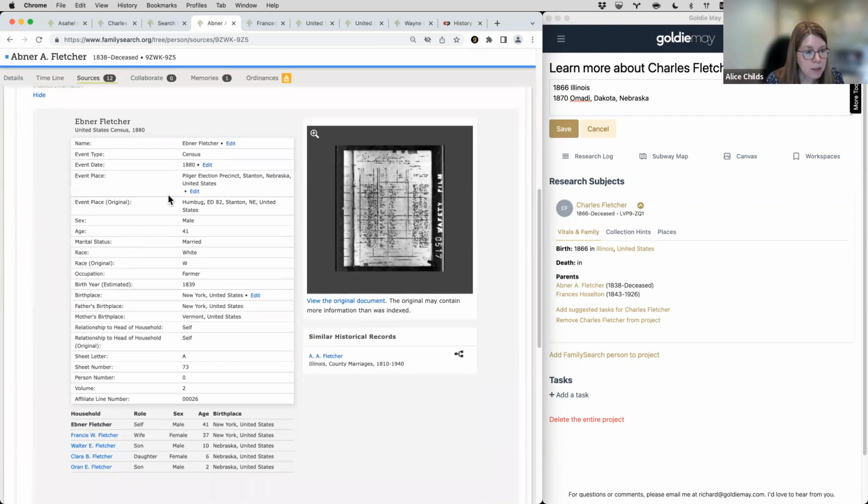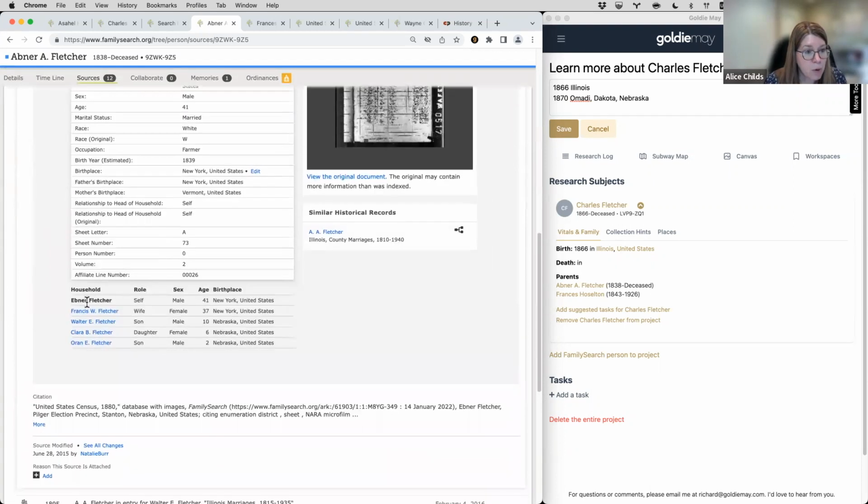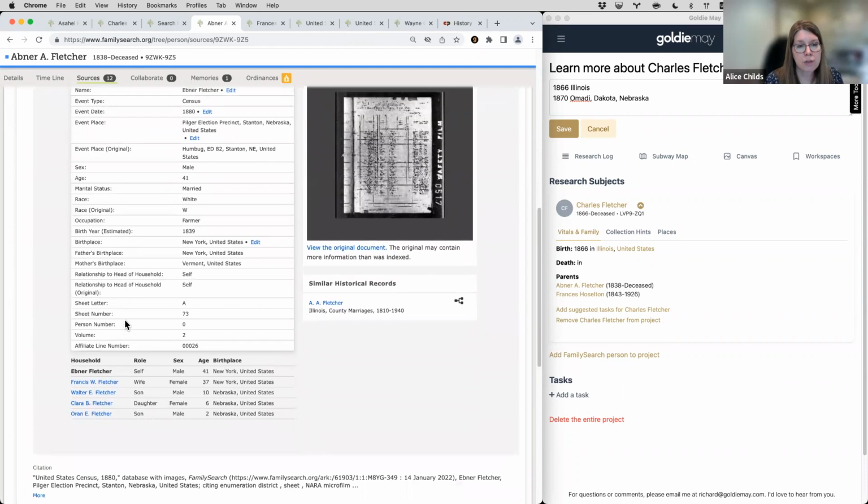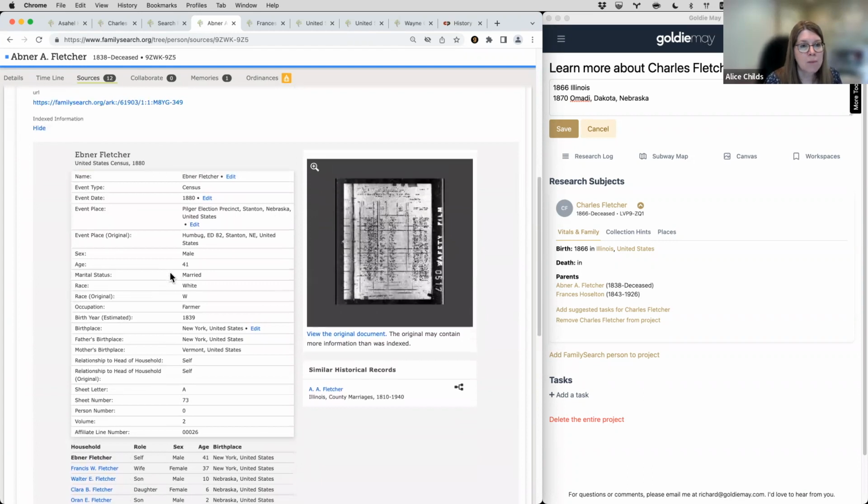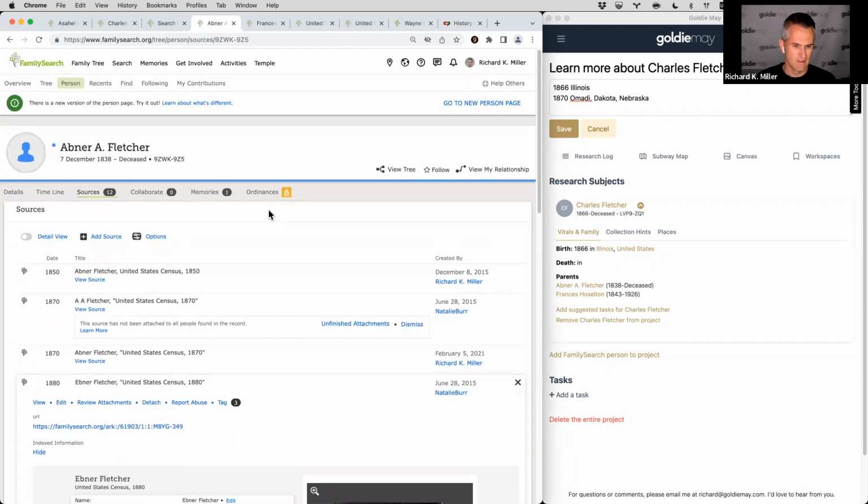Yeah. So if you look at the members of the household down below, it looks like we've got Frances, who is the wife, and then Walter. We don't have Charles, born in 1866. So I'm guessing he probably died, and he would have only been 14. So he didn't make it to this 1880 census. At this point, if you wanted to, we could look for additional records and see if there are death registers available in this time period in Illinois. I'm not super familiar with, or Nebraska, it would be Nebraska probably. I'm not familiar with the records there. So we can go look at that and see if there might be a